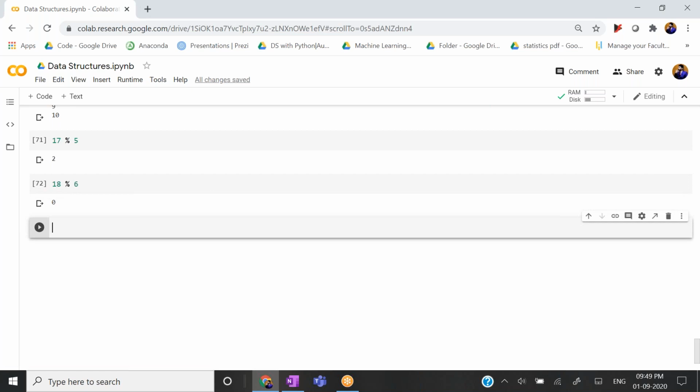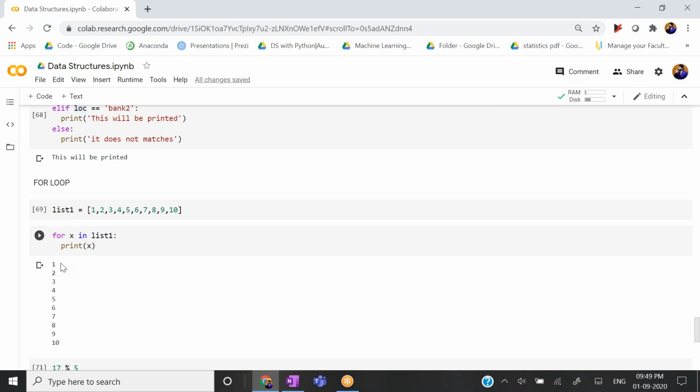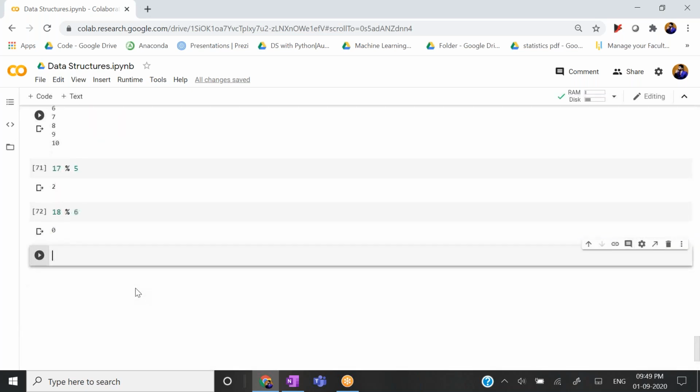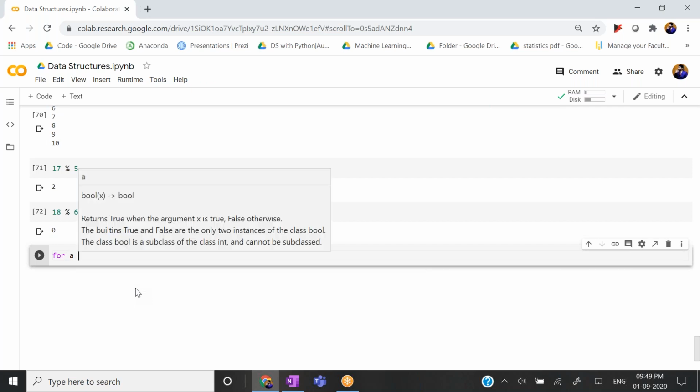Now I'm going to use this as one logic in order to find the even numbers from a list of 1 to 10. Now guys, I hope all of you are clear with the concept of even numbers. Even numbers are the set of numbers which on dividing by 2 will give you a remainder of 0, right? If you divide any even number by 2, the remainder is going to be 0. So this logic we are going to apply. Let's say you type for num, you can write anything. For x, you can write. For a, you can write. Anything you'll write. So for a in list1,